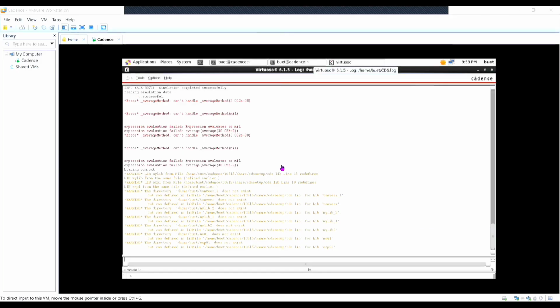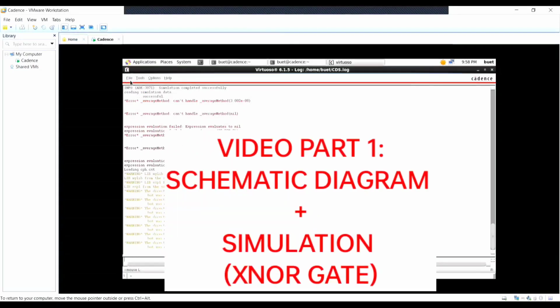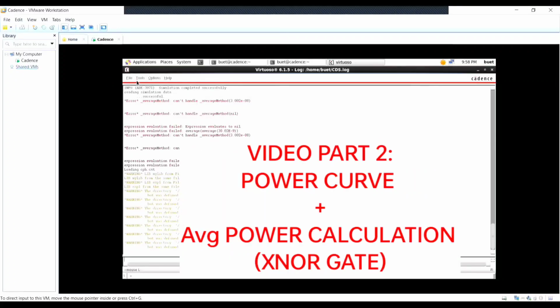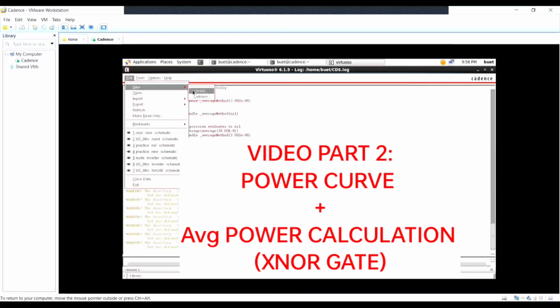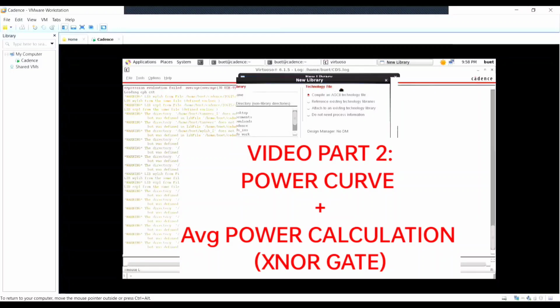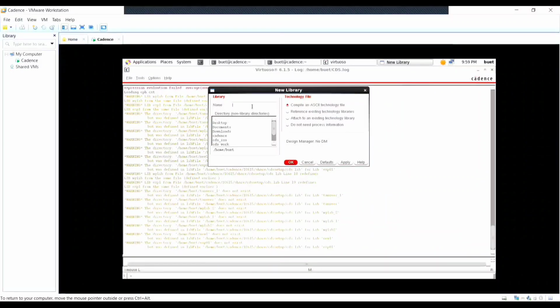So as you can see in this video, I'm going to design an XNOR gate. Then I'm going to simulate it, then the power curve and also the average power. So at first I'm going to